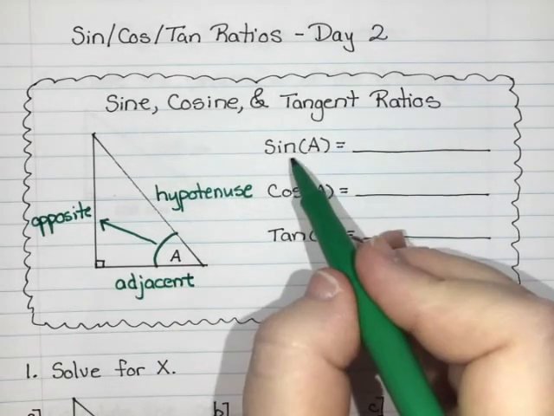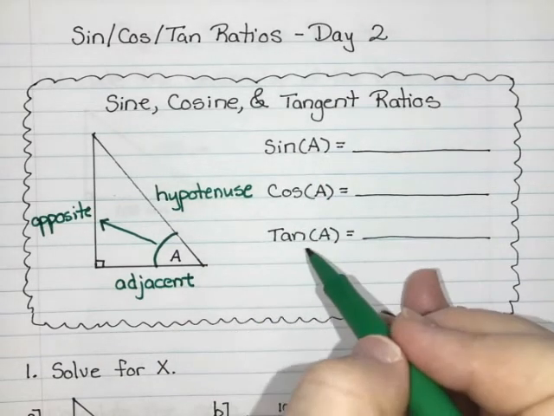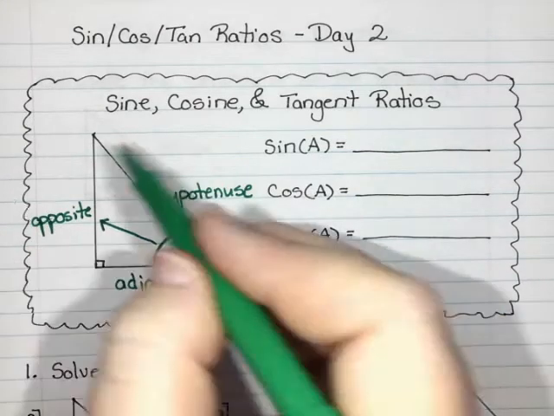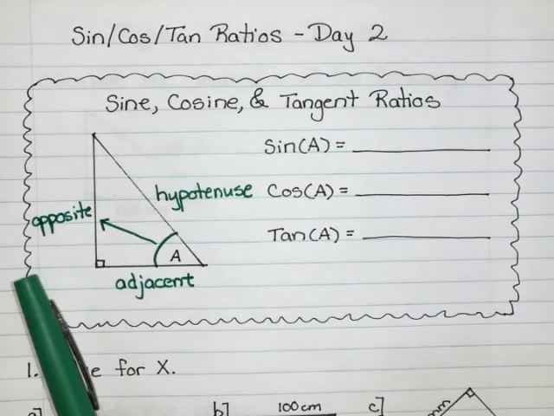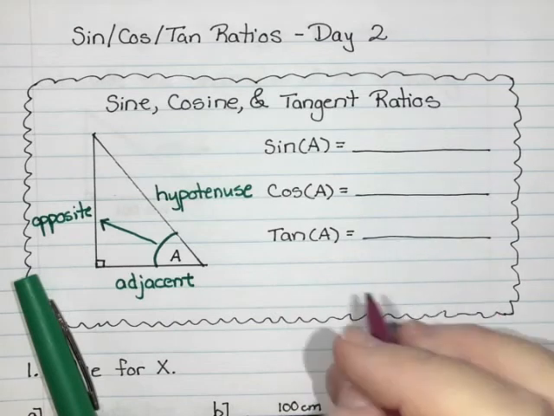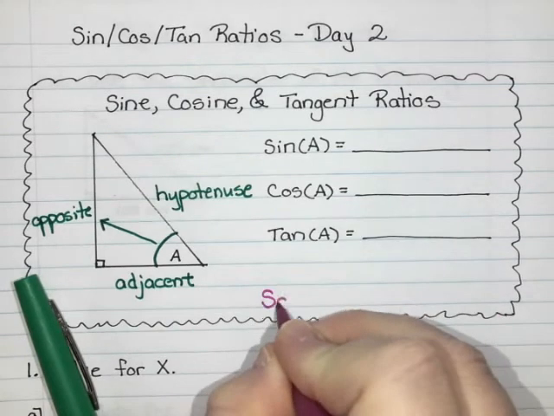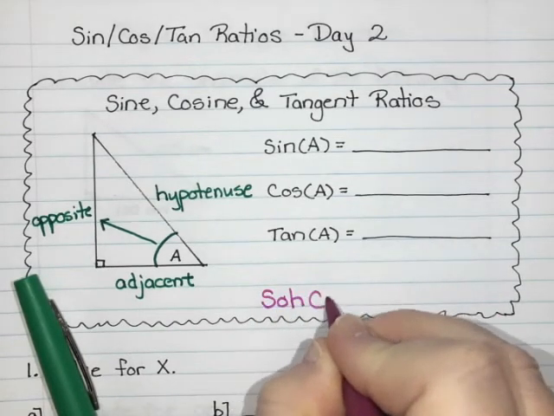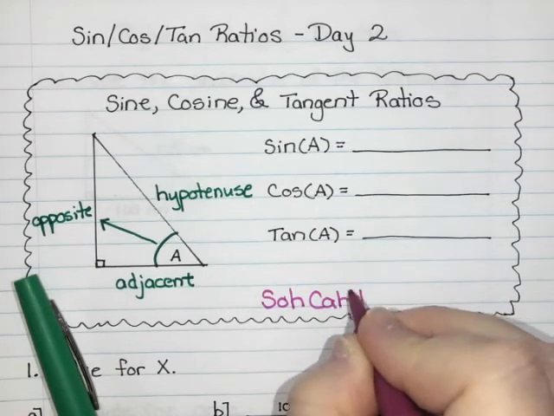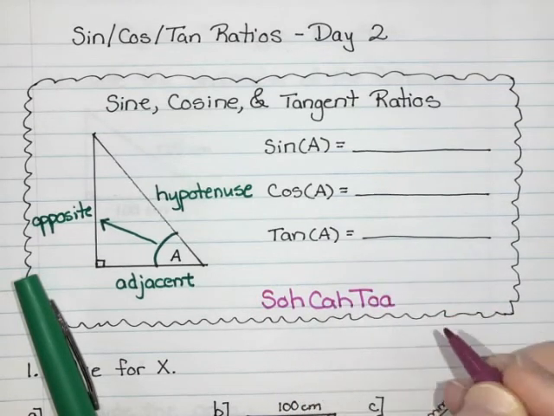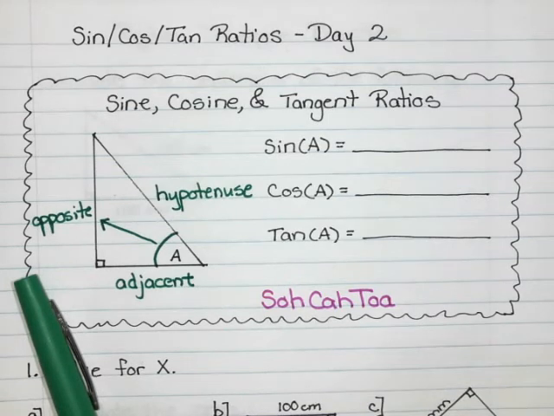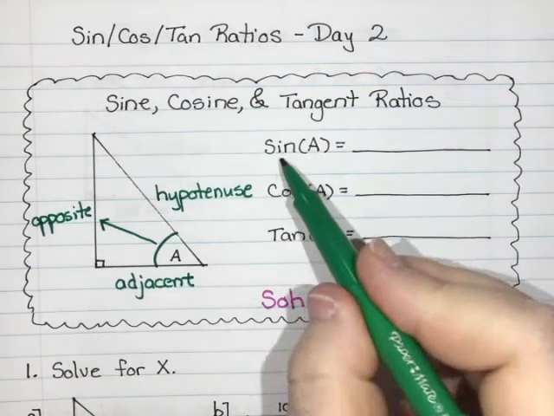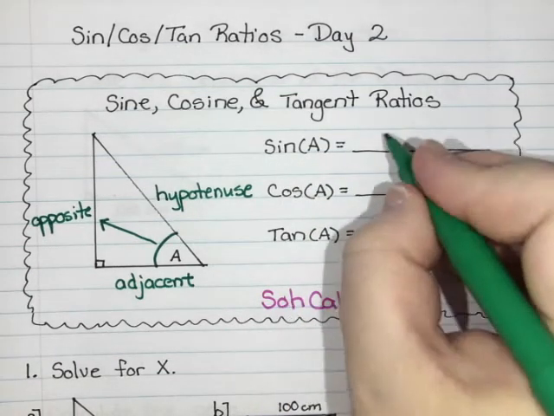So sine, cosine, and tangent are just ratios of different combinations of sides. We did talk yesterday about the word that I like to use to help me remember, which is SOHCAHTOA. Now SOHCAHTOA only works if you know how to spell it. So it's SOHCAHTOA. And what it tells me is sine of an angle is O, opposite,